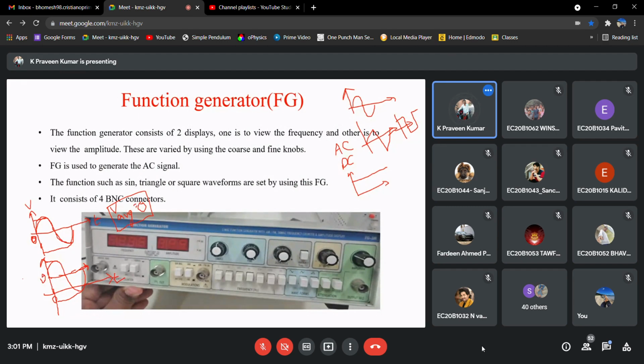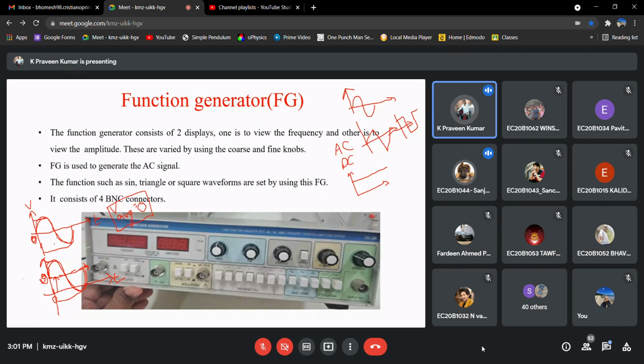So now if I draw the same sinusoidal signal, it gets shifted upwards by a value of V. Can we say like this? Yes or no?